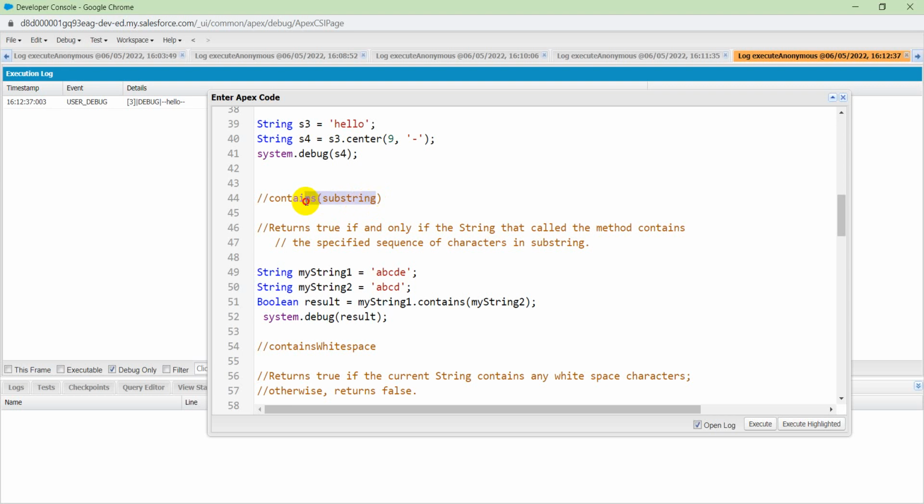There is another one which is really important for us. Contains substring. It returns true if and only if the string that called the method contains the specified sequence of characters in the substring. As you can see, this is a string. My string 1 is ABCDE, and my string 2 is ABCD. So this will be Boolean true, right? Because